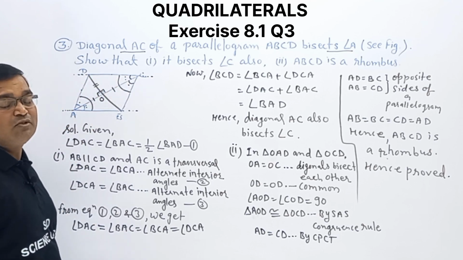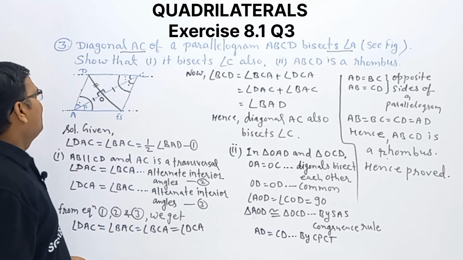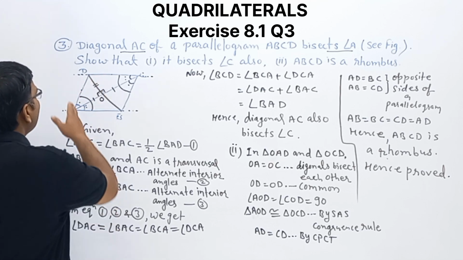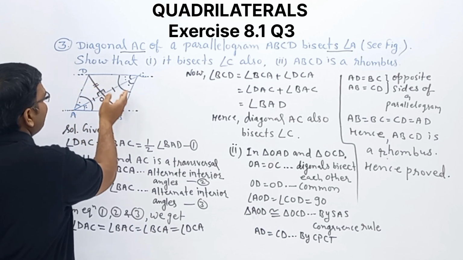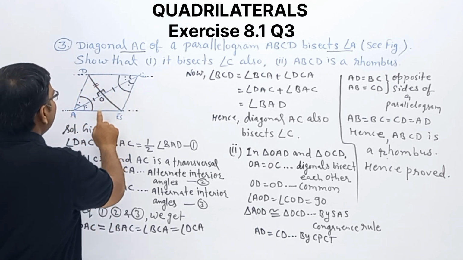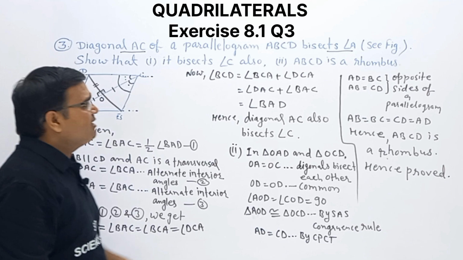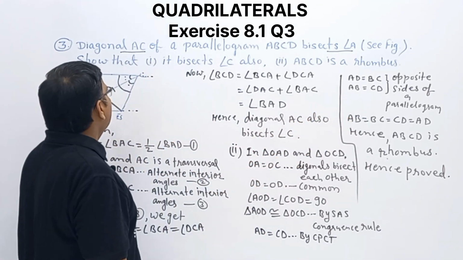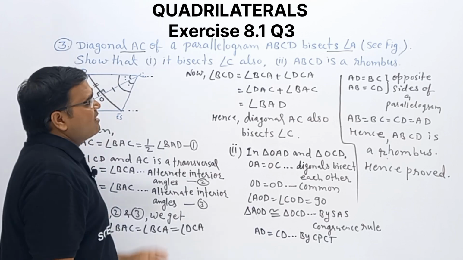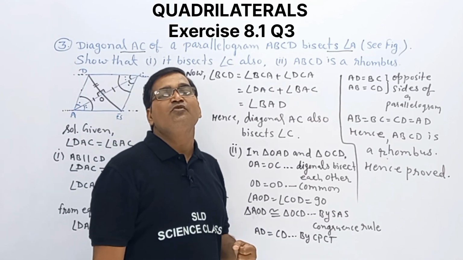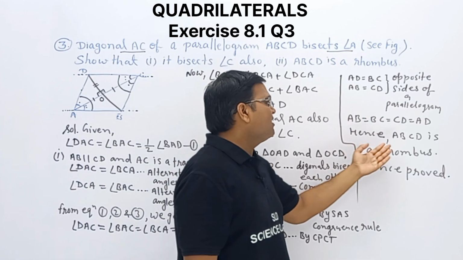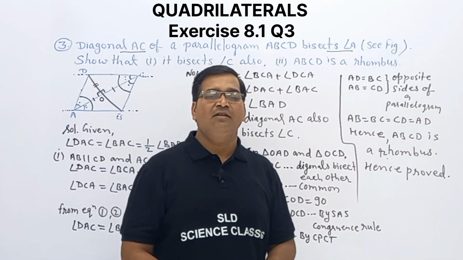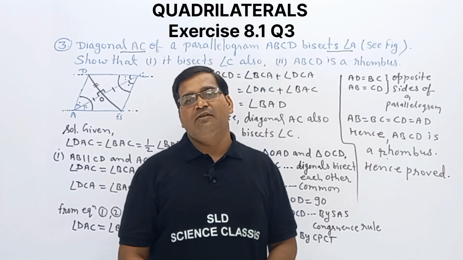These two sides will be equal. Finally, once these two sides are equal, opposite sides of these sides will be equal. This will be equal to this one, this will be equal to this one. We are writing like this, and finally we can say these all sides are equal. Once we say these all sides are equal, it means this parallelogram is what? Rhombus. So finally we can say ABCD is a rhombus. We proved. I hope you understand this thing. That's all about this question. Thank you so much.